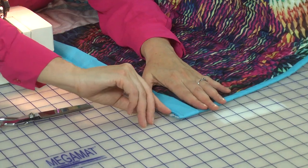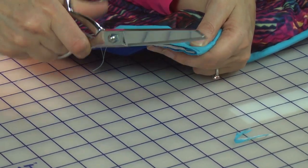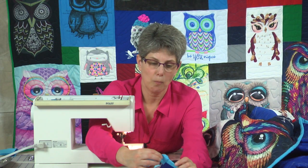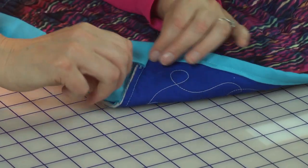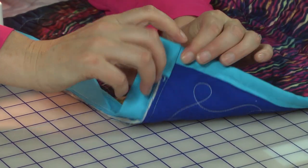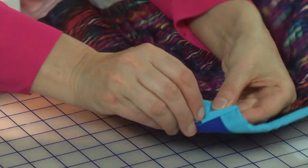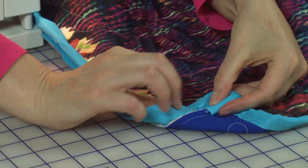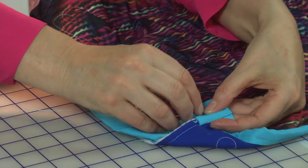First thing I want to do is trim out some of the excess fabric in there. It'll make folding easier. Next, I pull this up. That's what it'll look like on the back. Now comes the tricky part. You need to fold this down. You want to have it come in so it's at a little bit of an angle, because